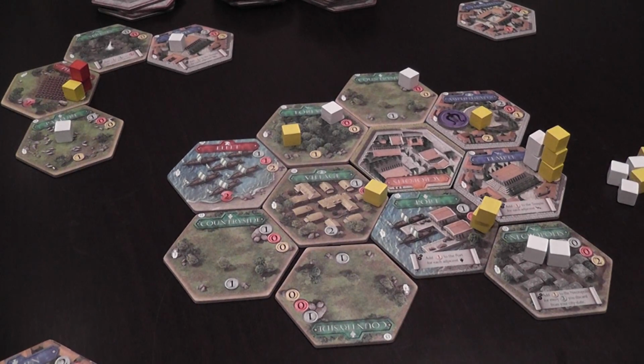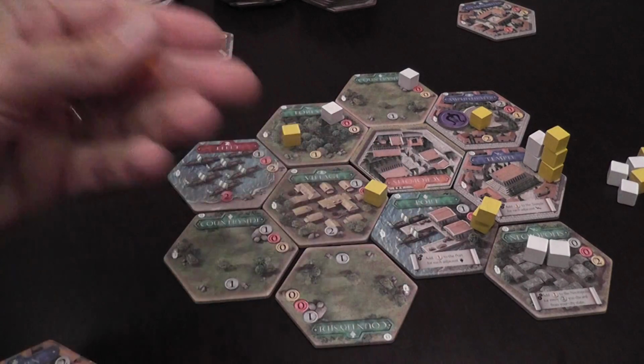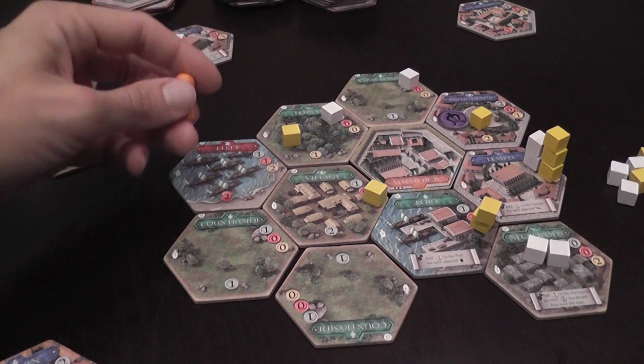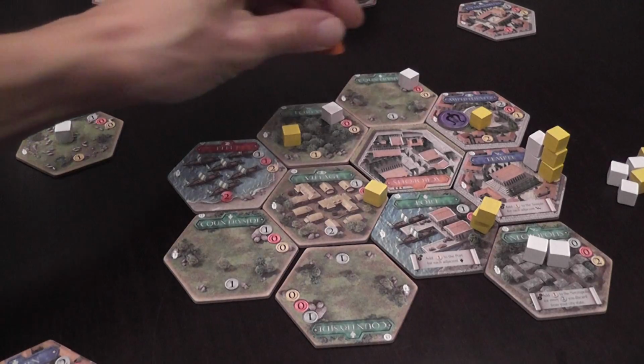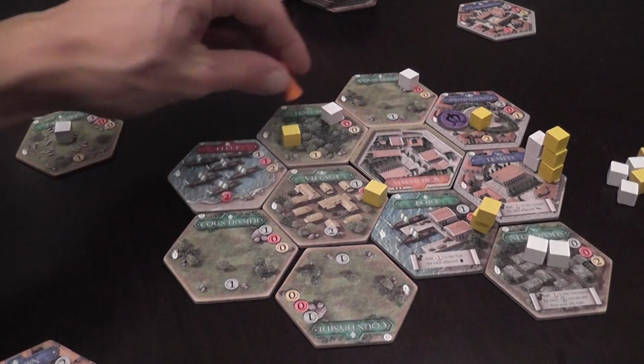This is for war. Now there is still a thing that you need to do at the end of your turn, which is you check for political unrest. There is a philosopher pawn that is placed in the city-state that has the most eye symbols. If someone else becomes the player with the most eye symbols in the city-state, the philosopher can't resist, has to